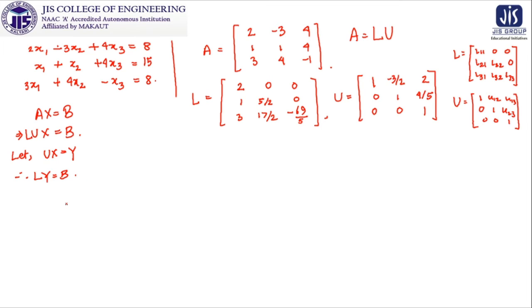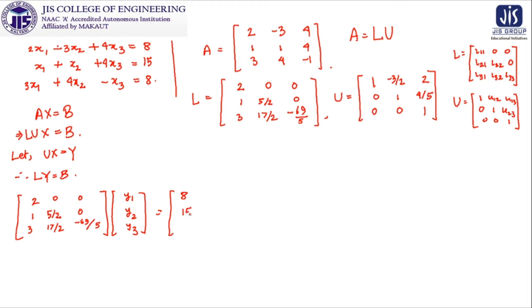So we will write from this line 2, 0, 0; 1, 5 by 2, 0; 3, 17 by 2, minus 69 by 5, along with y1, y2, y3 equal to